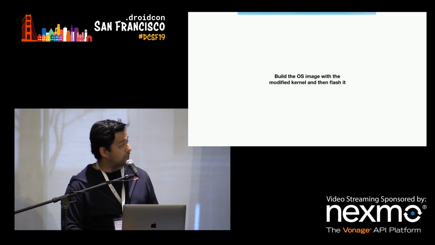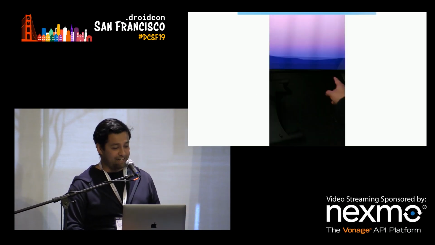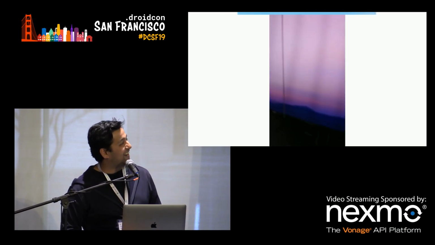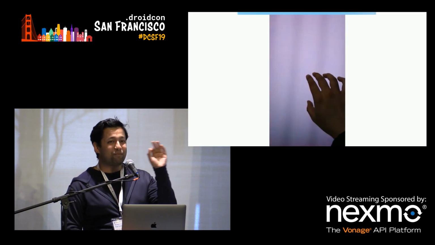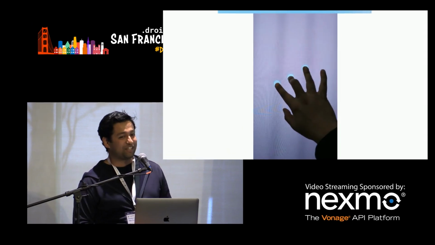So I built the image and I flashed it, and the joy I had when those touch points showed up, the touch overlays, I was beaming with happiness, okay, now this works. But if you'll see, when I'm doing the dragging, there's a delay, there's a significant delay in the actual touch point. So what I found out later was that